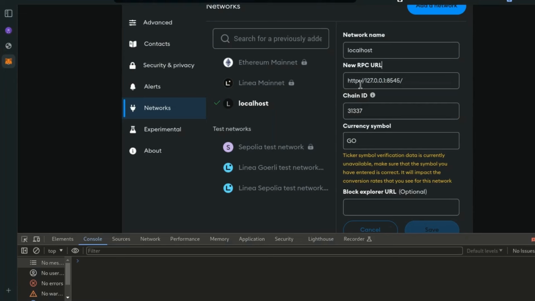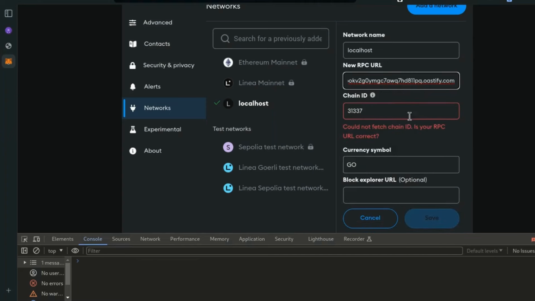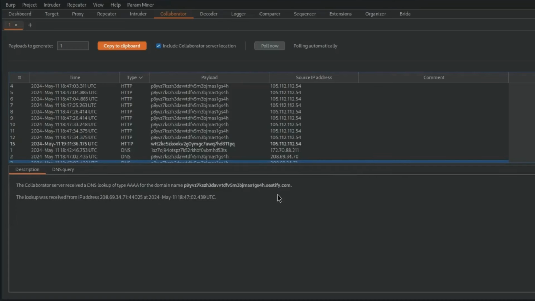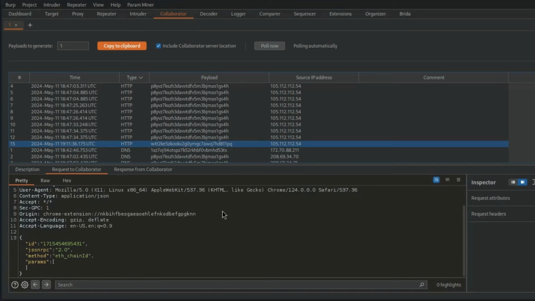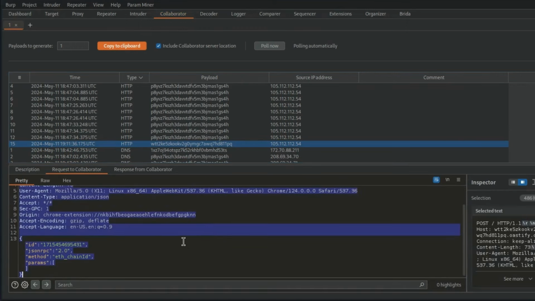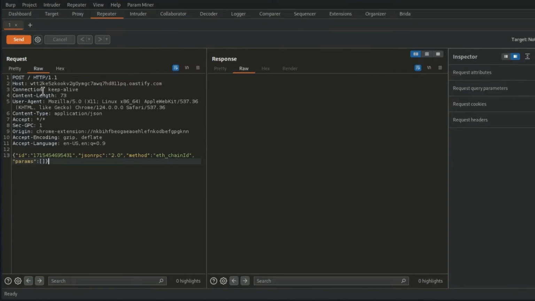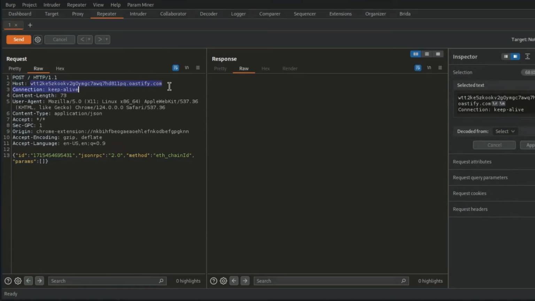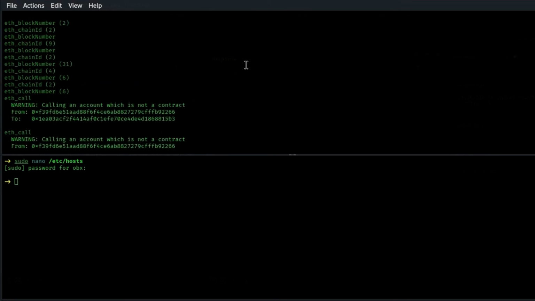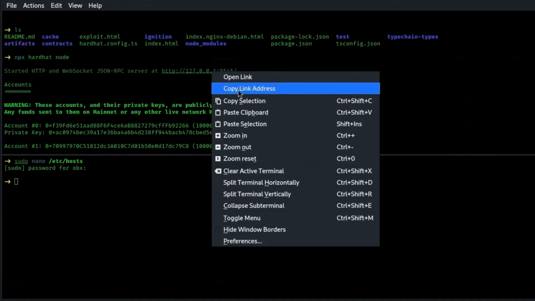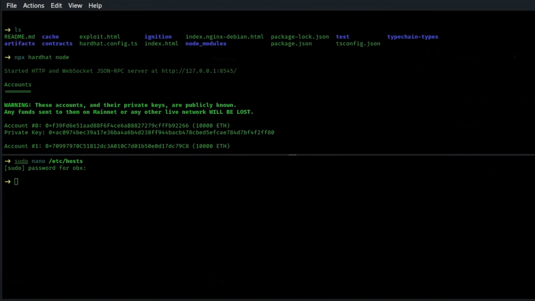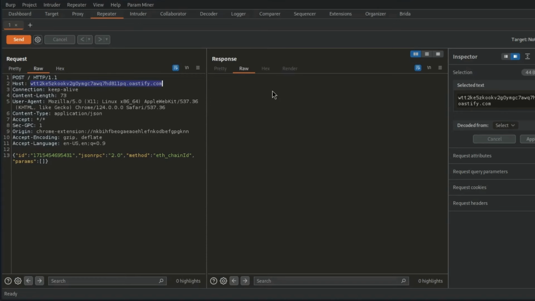So first we have to change the network URL to our proxy URL, like SSRF, to check the requests and to see if the HTTP is actually active. And we head back to our Burp Suite and we see our HTTP is actually active. So we copy that request and paste it in Repeater, and now we set the host as the smart contract URL endpoint. And you must be wondering, will this also work? Actually it would, and it did,